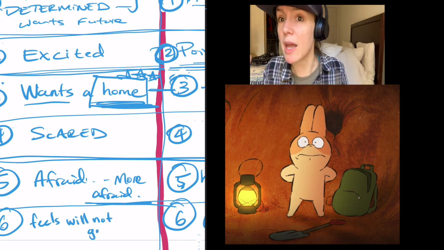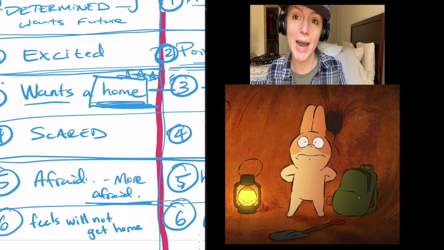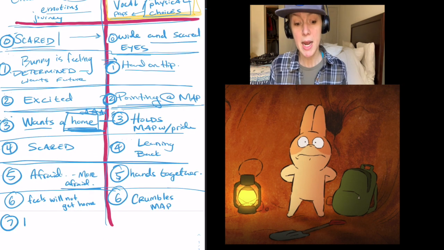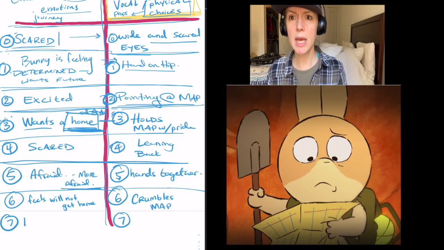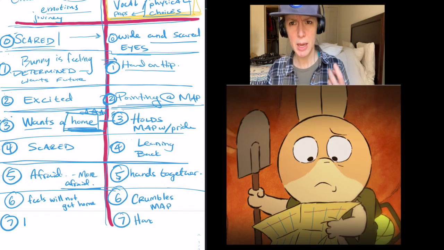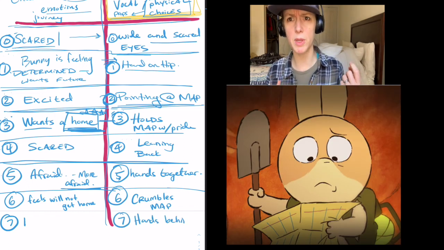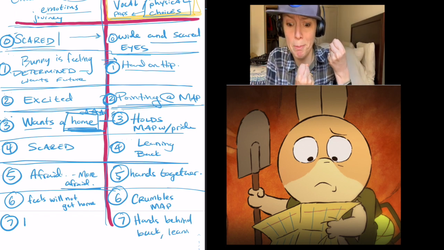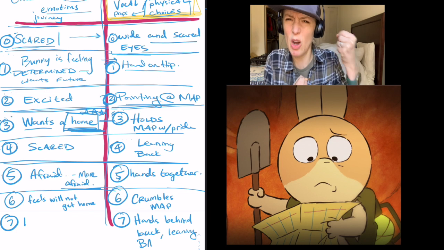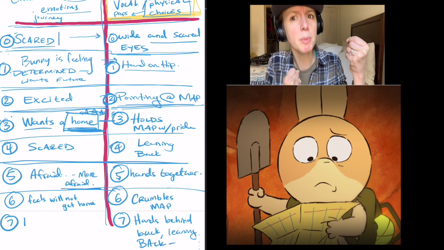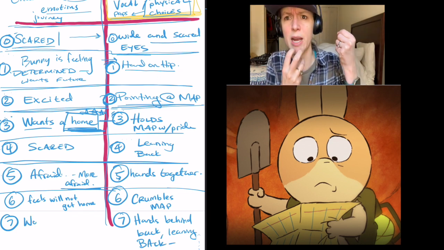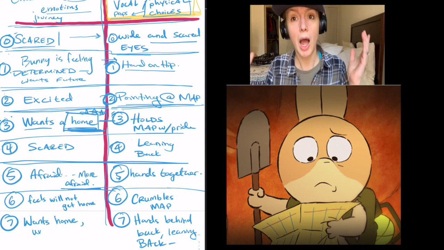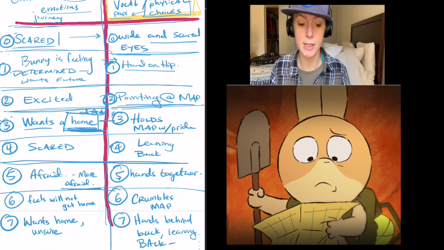Can you believe that a bunny rabbit can do so much acting? Hey guys, if a rabbit can do it, anyone can. Next picture. He gets a little concerned because he knows he needs to move forward with his plan. He knows things are going to be worse. So he starts to crumble his paper and he holds onto his shovel, which symbolizes that he's going to fight for his objective. So he's making that choice. So you would write that in your T chart. I am going to make this choice.